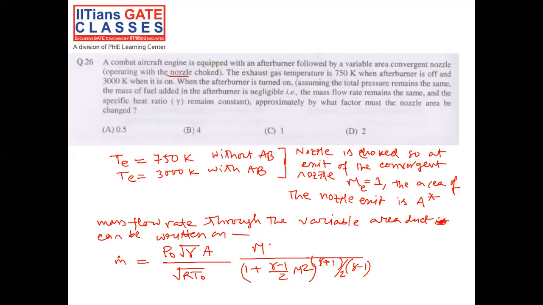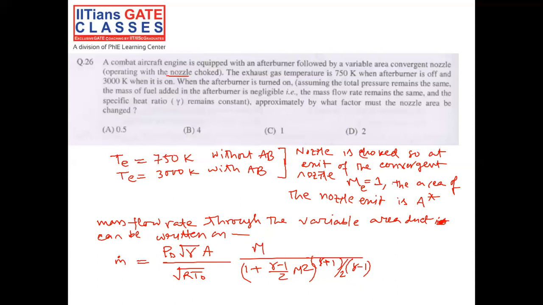it can be derived also, but the derivation is a bit long, so we are avoiding this from this solution. So you're directly employing this expression, and it is advisable that one should remember this expression because it is very important, and a lot of questions have been asked on this expression, right? So this is the expression of mass flow rate through the variable area duct, where p